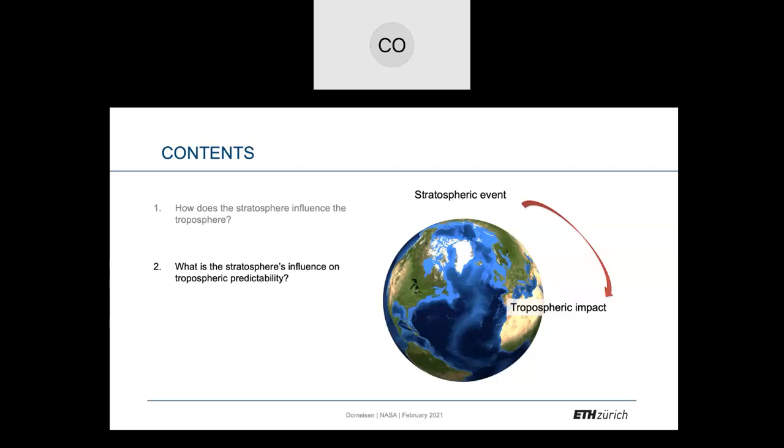For example, you always get the impact over the North Atlantic. You don't get it over the Pacific. Why would this be? I think this is mostly related not so much to the geometry of the vortex in the stratosphere, but mostly the geometry of the jets in the troposphere. Sometimes parts of the troposphere are just more receptive to a stratospheric signal than other parts.